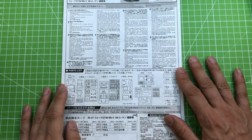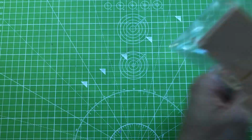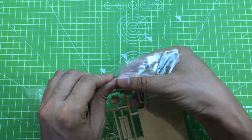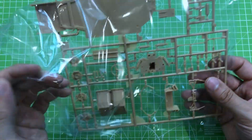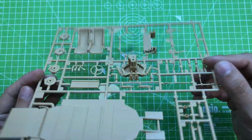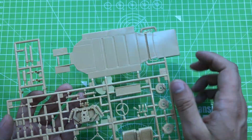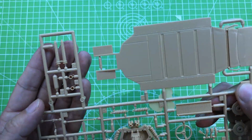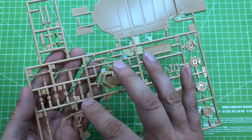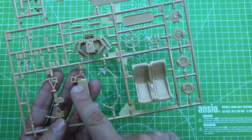Alright, let's start to see the plastic. So, first sprue. We have here the chassis, the exhaust pipes, some caps, front suspension,